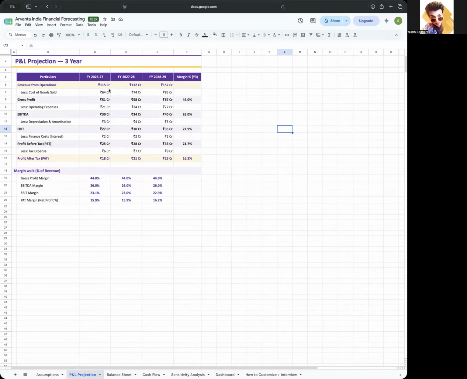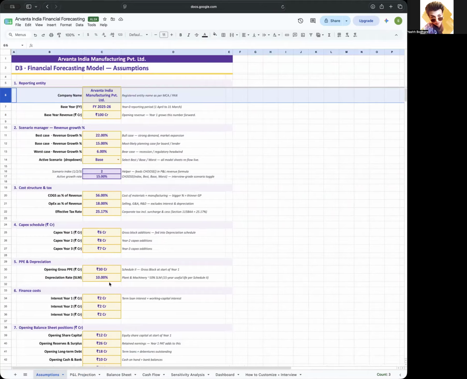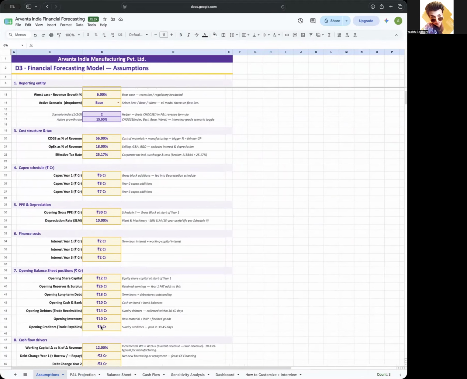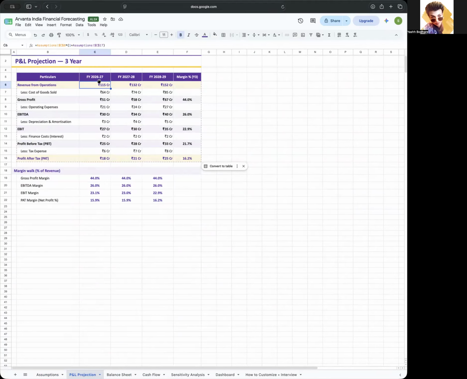The P&L C6 is revenue from operations. That's the total revenue. So 8 crores into 115 crores